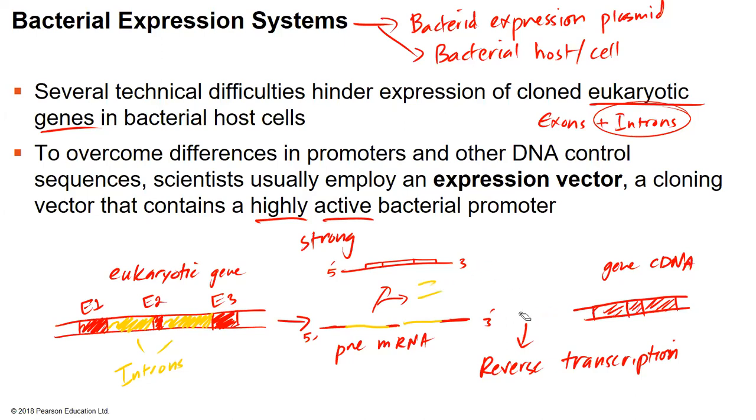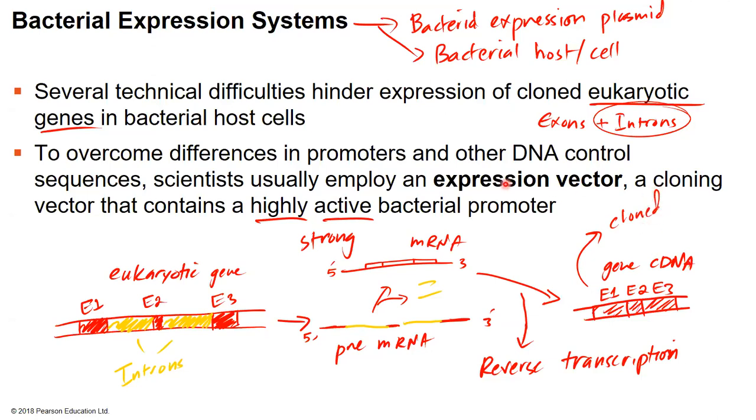And then we could use this mRNA as a template for reverse transcription to produce a cDNA molecule that is a double-stranded DNA molecule that contains only the exons. And now we can take this one and clone it